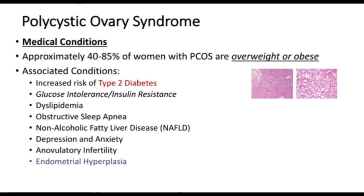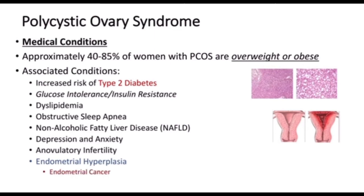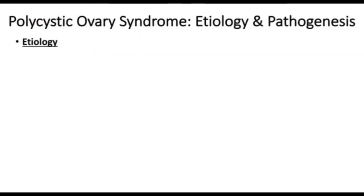Another one is endometrial hyperplasia. Now, endometrial hyperplasia is just an overgrowth or excessive growth of the endometrium within the uterus. And this also leads to an increased risk of endometrial cancer because of some of the etiology and pathogenesis